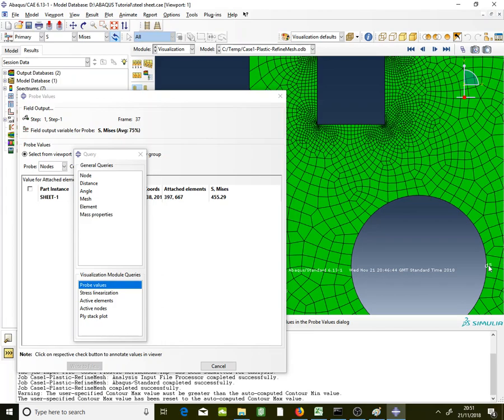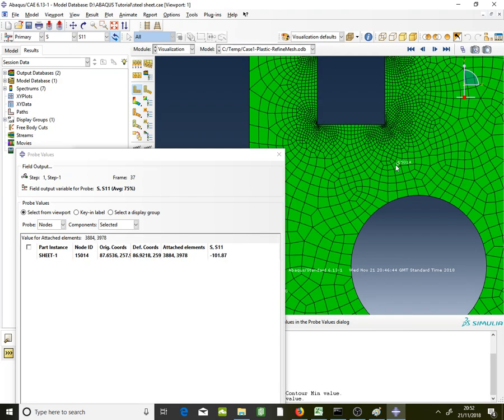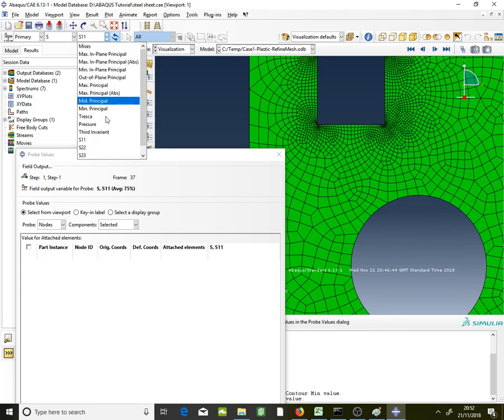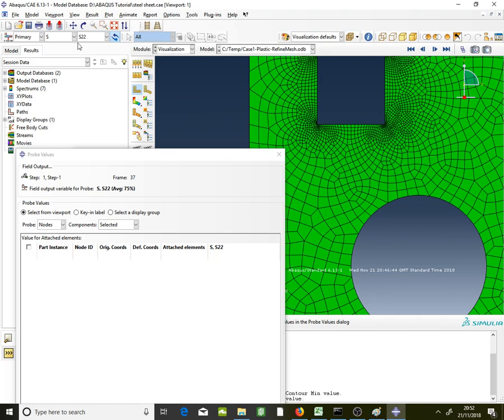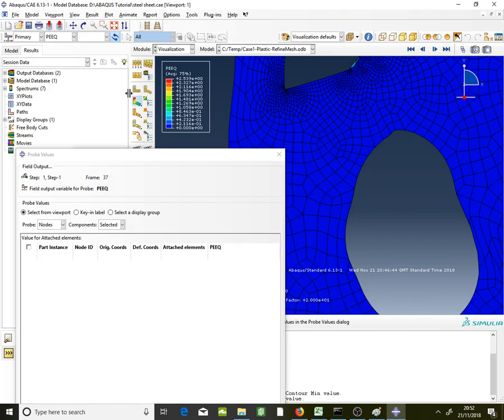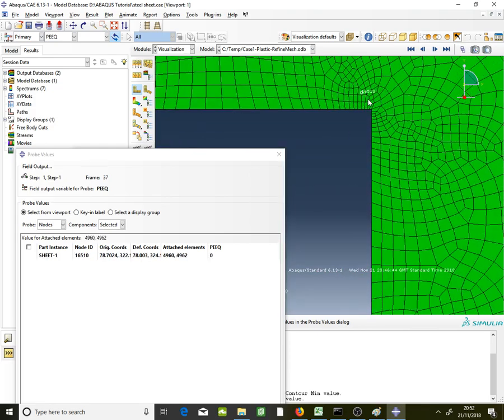As a circle here, 455, etc. If you want S11 also, you can find it out, and you click on deform shape. You can find the stresses, for example this circle 22, and then S22, and the deformation, etc. And the equivalent plastic strains, if you go to here, let's zoom it a bit in,